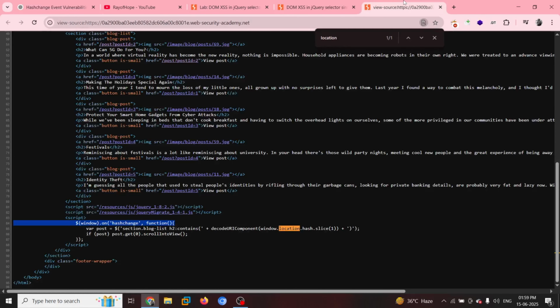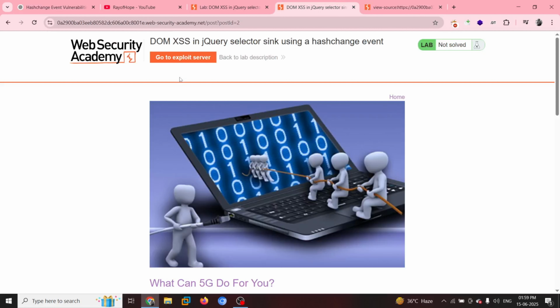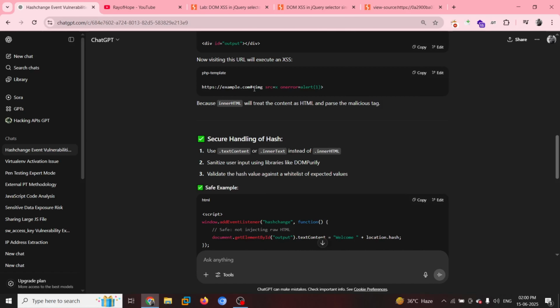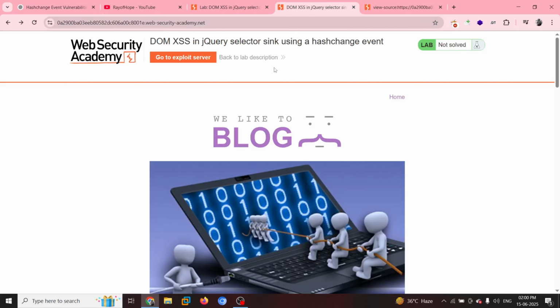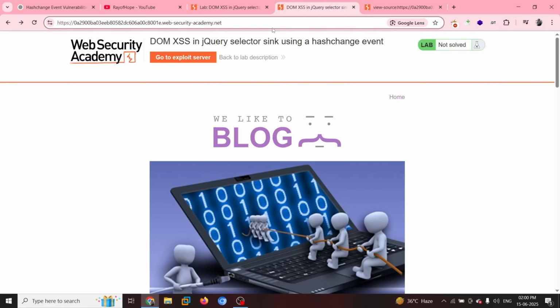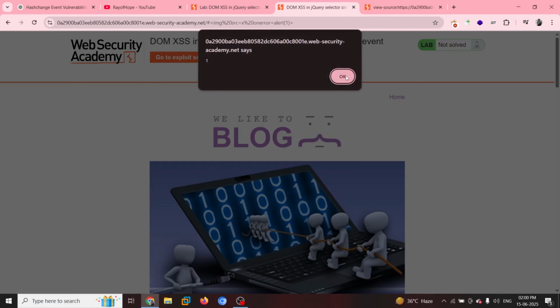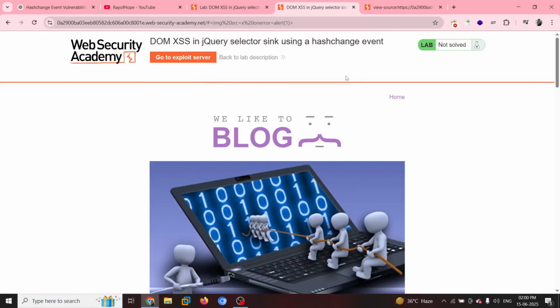If it would be misconfigured and there would be no input sanitization, we would exploit this vulnerability as well. So it gives us one payload with a hashtag. And if I copy this and go ahead and paste it over here, it popped up. That means it is vulnerable for this DOM based XSS.